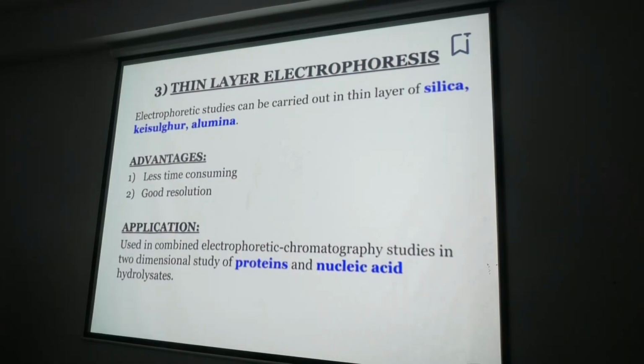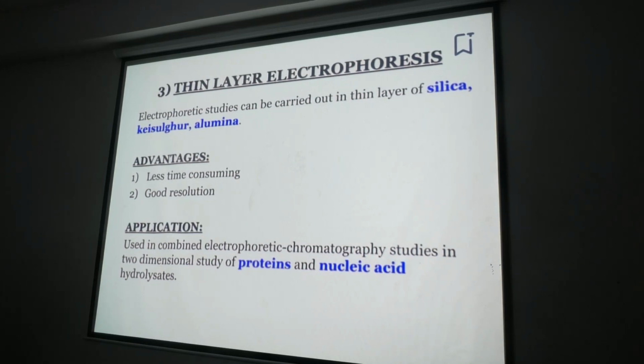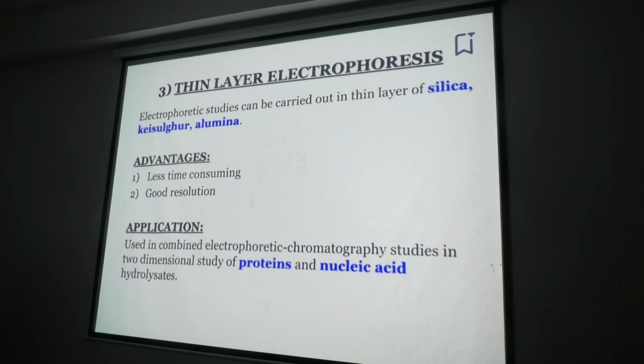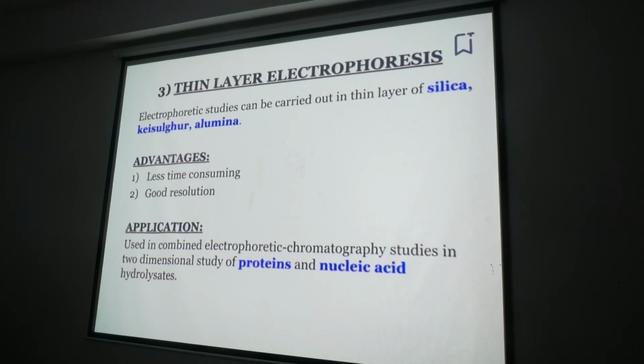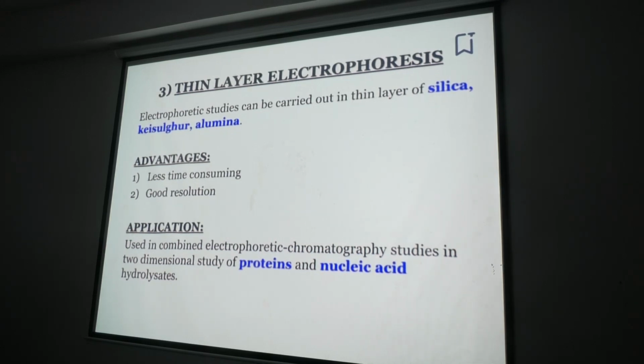Thin layer electrophoresis. Electrophoresis studies can be carried out in a thin layer of silica or Kieselguhr alumina. Kieselguhr is a complex of silica which has an insulating type of activity. Advantages: less time consuming and good resolution. Application: used in combined electrophoretic chromatography studies, in two-dimensional studies of protein and nucleic acid hydrolysates. It means when electrophoresis and chromatography are mixed and a two-dimensional study of protein and nucleic acid is done, then thin layer